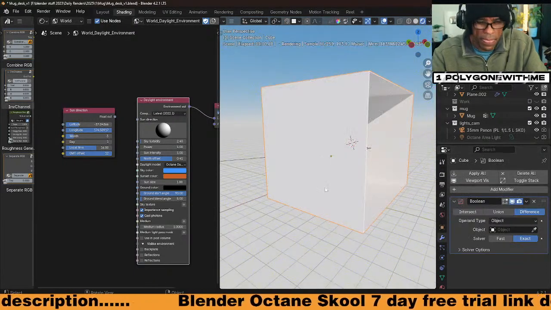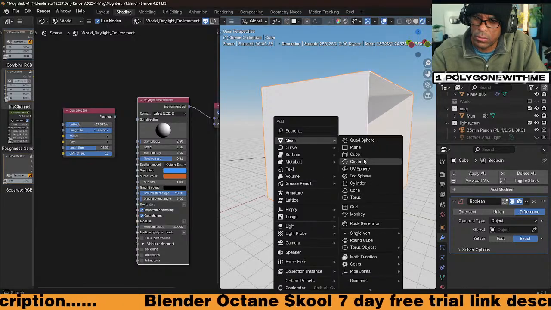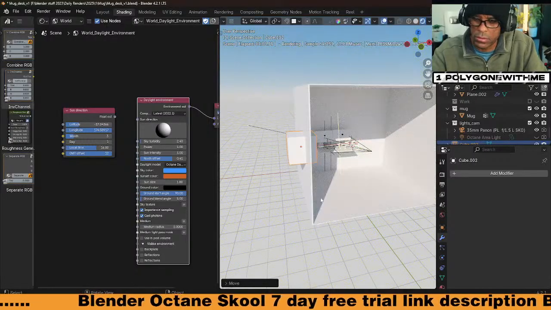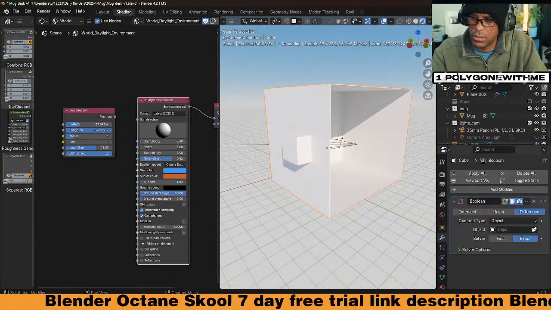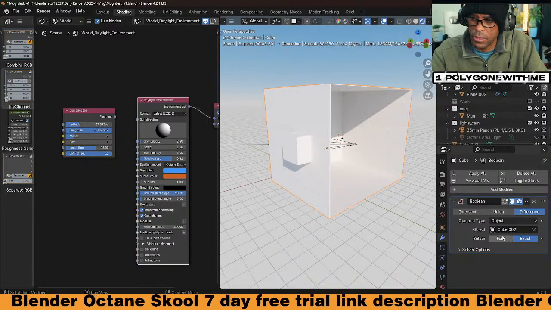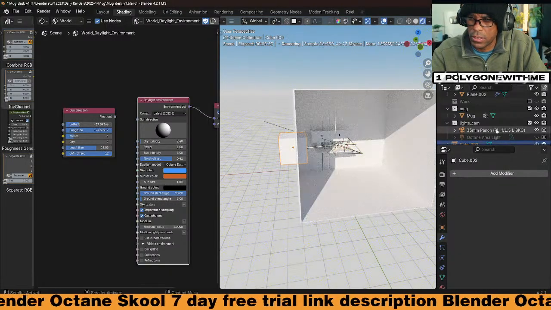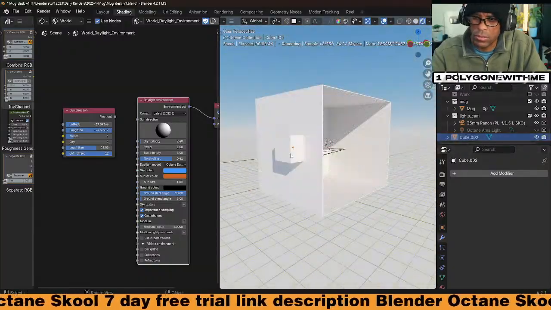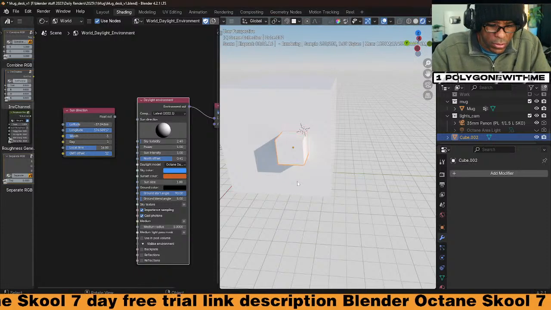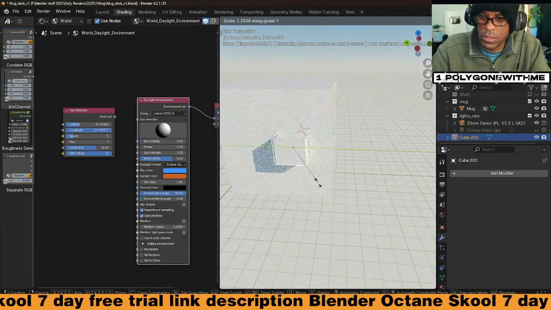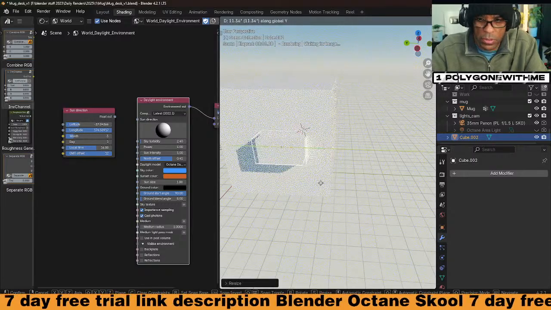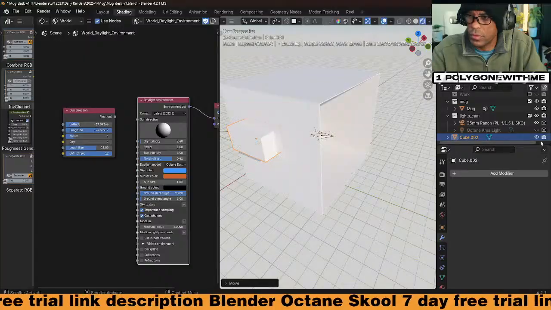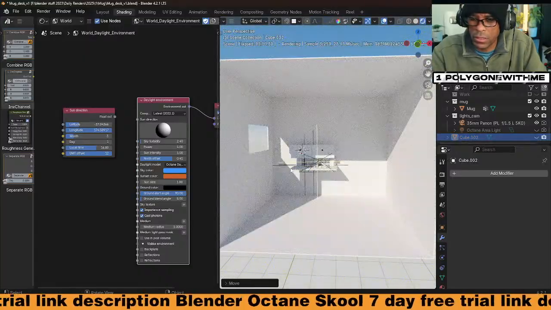Boolean. Add in a cube. Bring that cube over here. Select this. Select it to be my cutter. Go to fast cut. Take this, and then I don't want to see that. And there we go. It's cutting a hole in there. Oh, okay. Scale Y. G, Y. Alright, G, Z. And then hide that again. Alright, now we got that going.